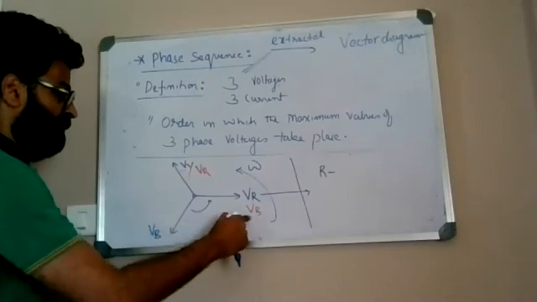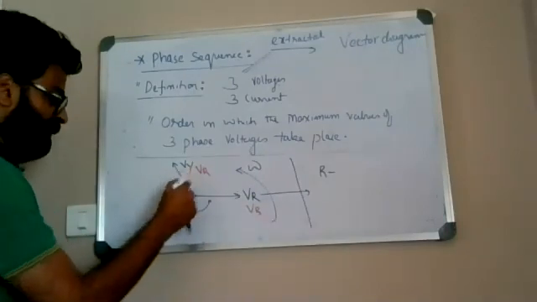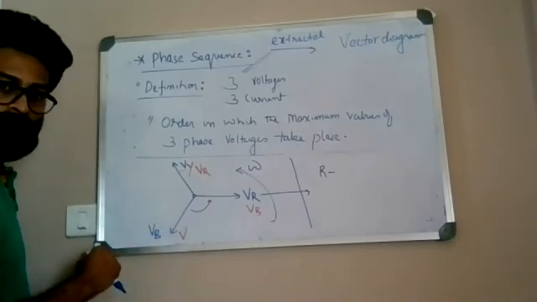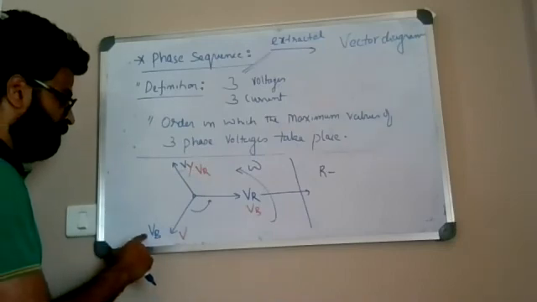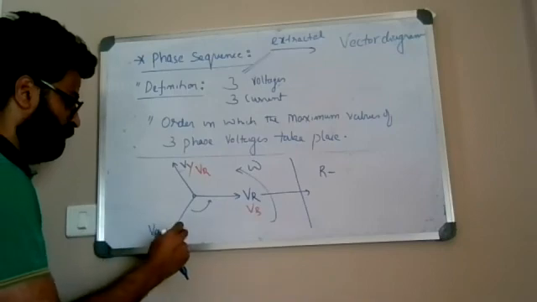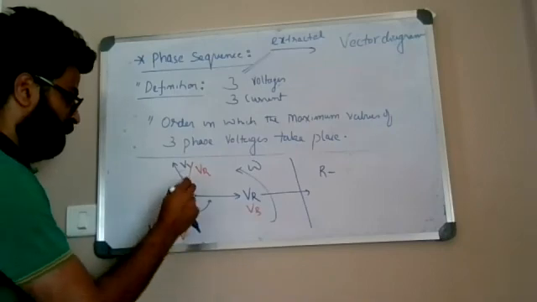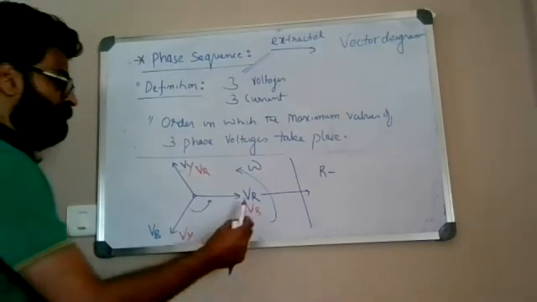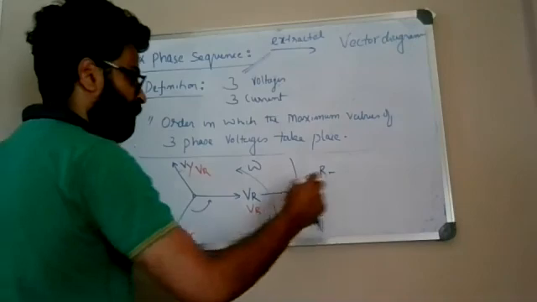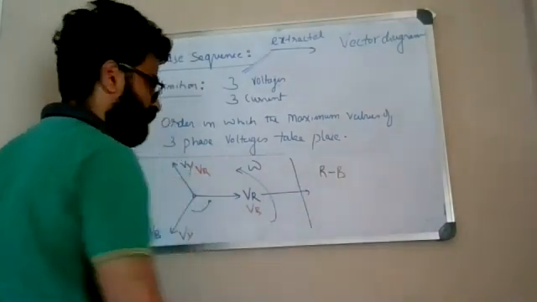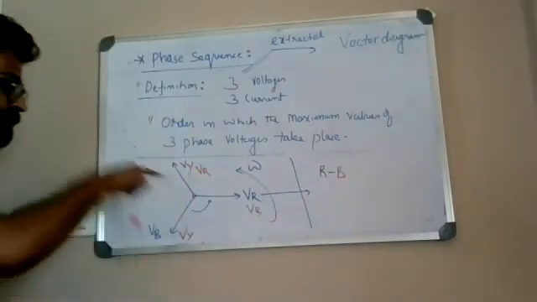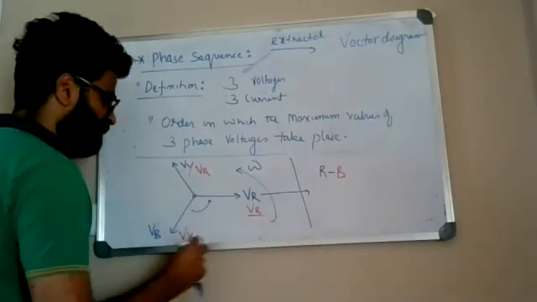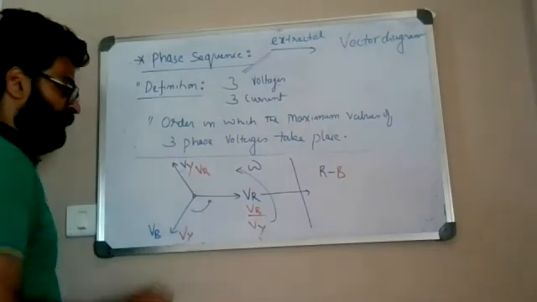So this is VB, and in place of VY, VR is going to sit, and in place of VB, you will have VY. Okay. So VR is getting replaced with VB, so it is RB. And when you give further 120-degree rotation, B is replaced with VY, and VR